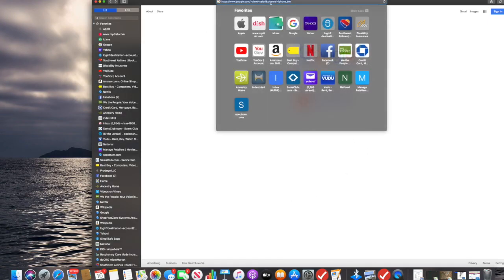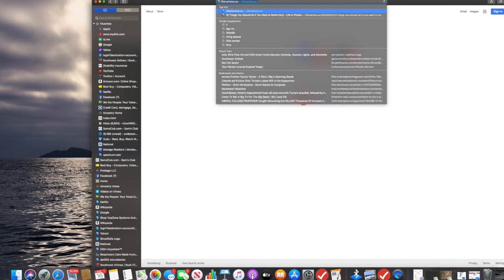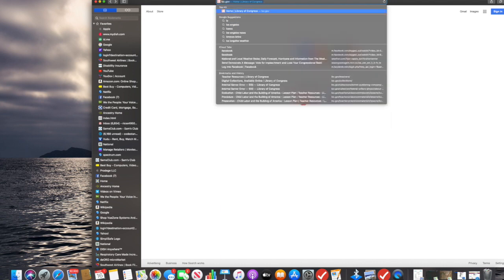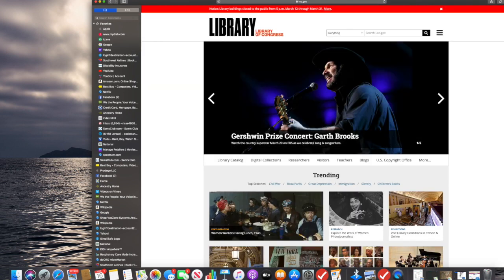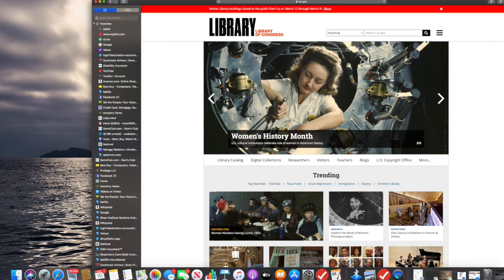Be going over the Library of Congress website. So you just type in loc.gov, and this website is a Library of Congress governmental website. It has a lot of sources, a lot of archives. You can go in and search through the search bar, and then if you do the drop down, you can